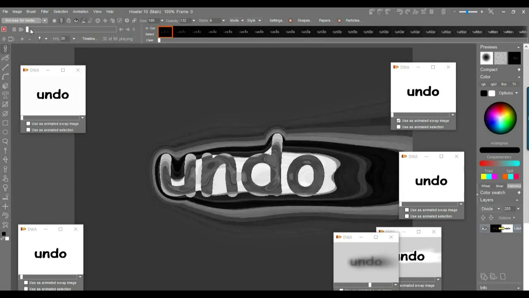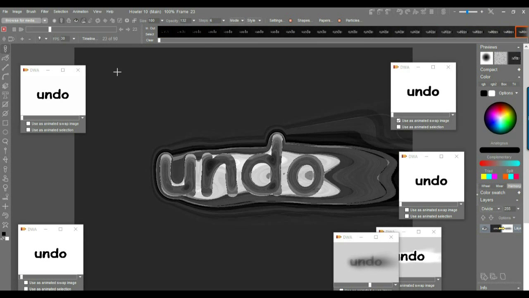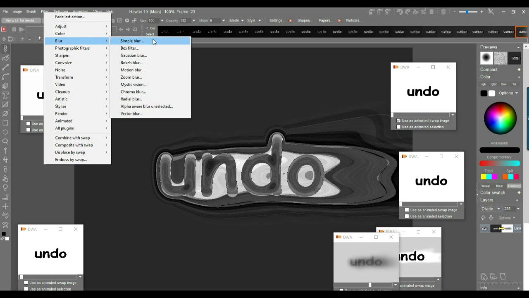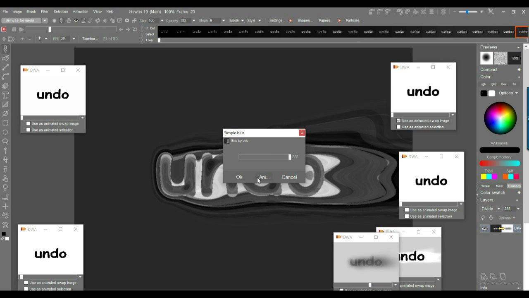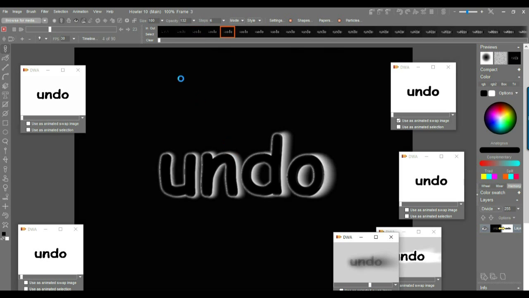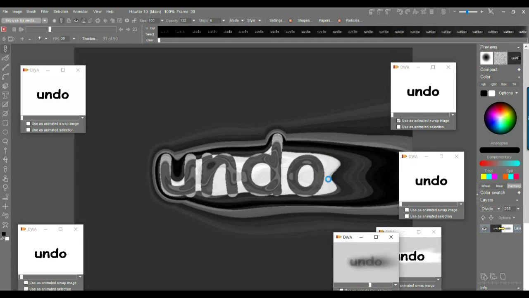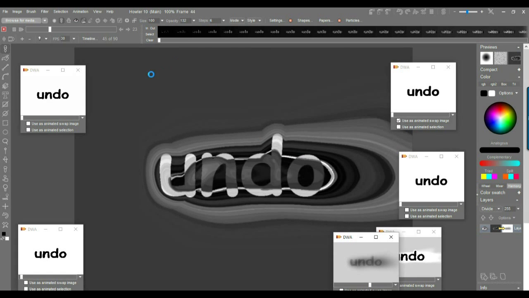And what I'd like to do is perhaps blur it a little bit. These transitions from bright to dark are very crisp, and I might want them a little bit softer. So I'm going to go a quick simple blur and apply that across the animation. And if that's not soft enough, if it's still too crisp, what I'll simply do is just go even further